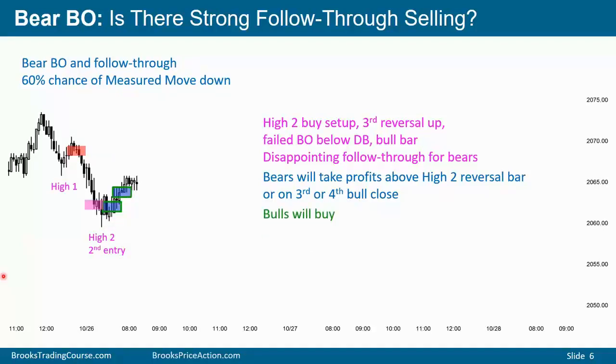The bulls will buy. They know it's a tight bear channel and the bears are disappointed by this bull bar and the buy signal triggering, and then a big tail here, and then another big bull bar here, and now another buy signal bar here. And therefore the bears are going to be buying, even though it's a bear trend. It's low in a bear trend, and the selling is starting to become disappointing, the follow through.